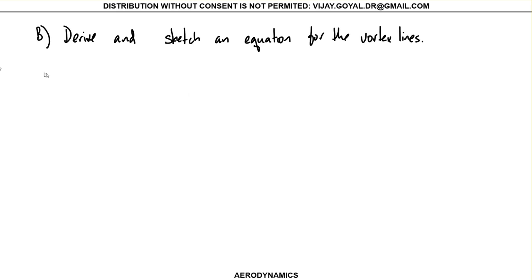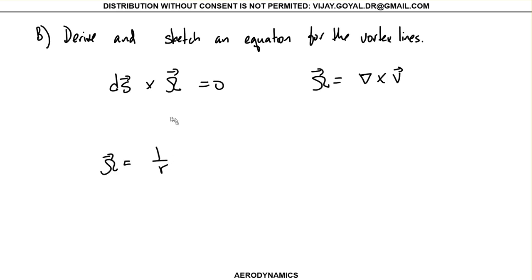The second question you asked is to sketch and derive an equation for a vortex line. Now, if I want to know the vortex lines, the equation for vortex lines is nothing else than this. It's very similar, it's just this is equal to 0. So now what we will do is we know that omega is equal to the curl of B. To find that, we can easily just use 1 over r